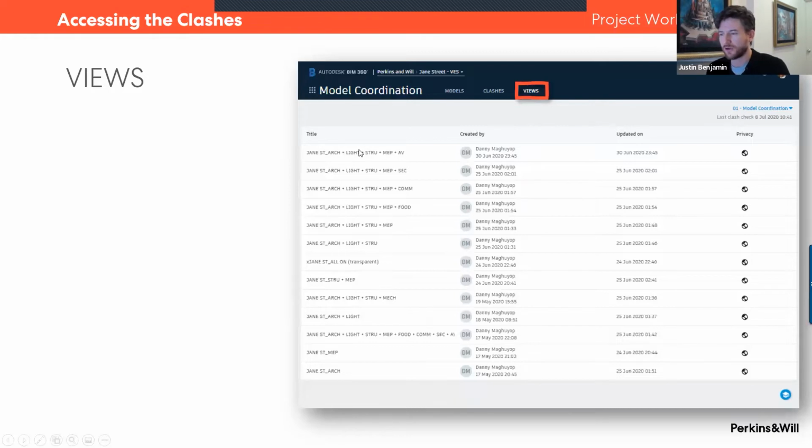So, you might figure when I see a collection set that says arc, light, structural, MEP, and AV, that could very well be, in fact, 10 different models that I've just merged together in one collection set that I've happened to name, that view, that selection set. I think more often than not, we start with models, and people will often say, oh,